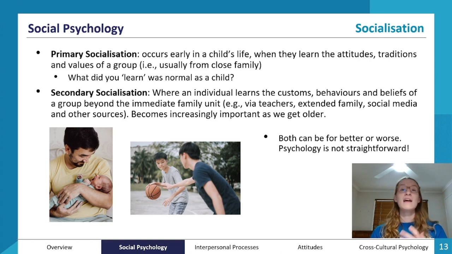Or an example of a negative secondary socialization influence would be a child might be raised in a really good home, but they might make some friends at school who might encourage them to participate in smoking. And then that wider influence is having a negative effect on them. Social media is also a really interesting secondary socialization agent, because children can explore and have access to so many things online now, which again can be for better or worse. So you can see how primary and secondary socialization plays a different role in children's lives, especially depending on their age.